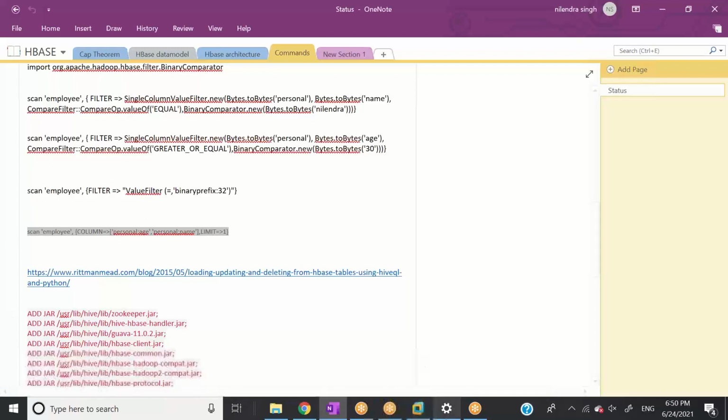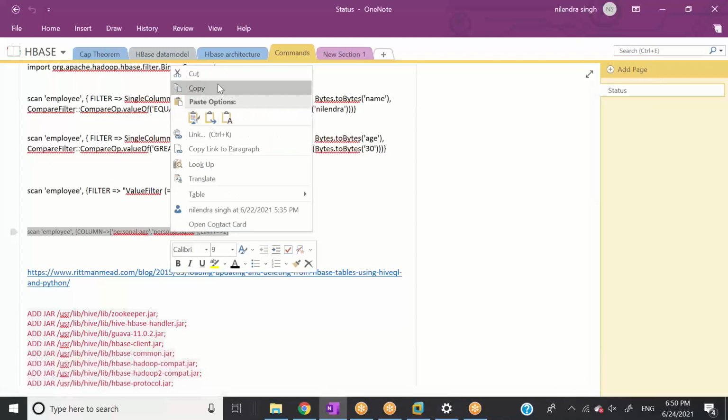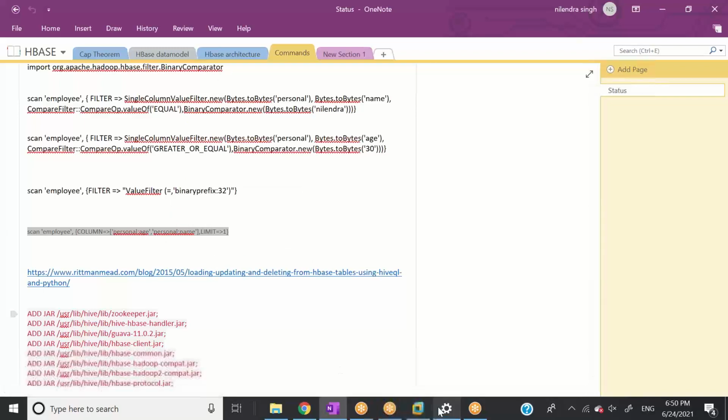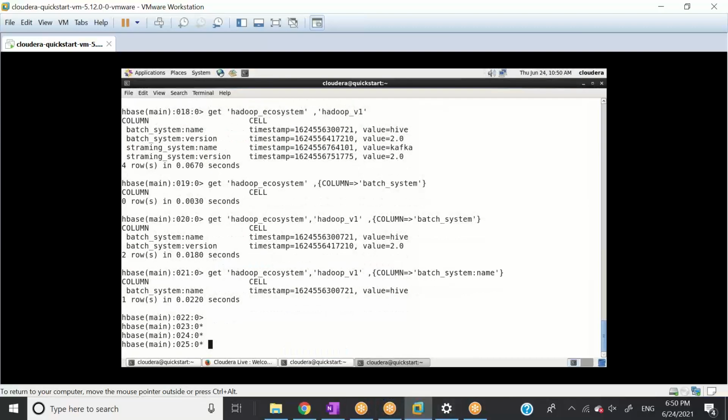Let me write it down so that I do not need to worry about it. Copy, and then I'll go here. I know these commands are not very user friendly. So first of all, here it's going to be Hadoop_ecosystem for you guys. What is my column family?